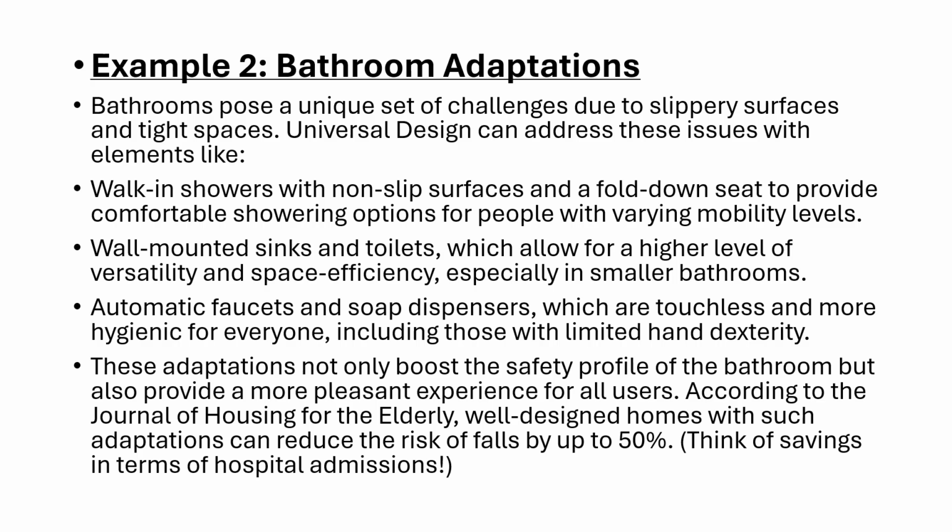So many journals, including things like the Journal of Housing for the Elderly, say that these adaptations reduce falls by up to 50%. Australia has mandated UD for all homes now. They immediately saw a huge reduction of falls, well over 50%, but they also saw a huge reduction in the amount of people that were requiring knee replacements and hip replacements.